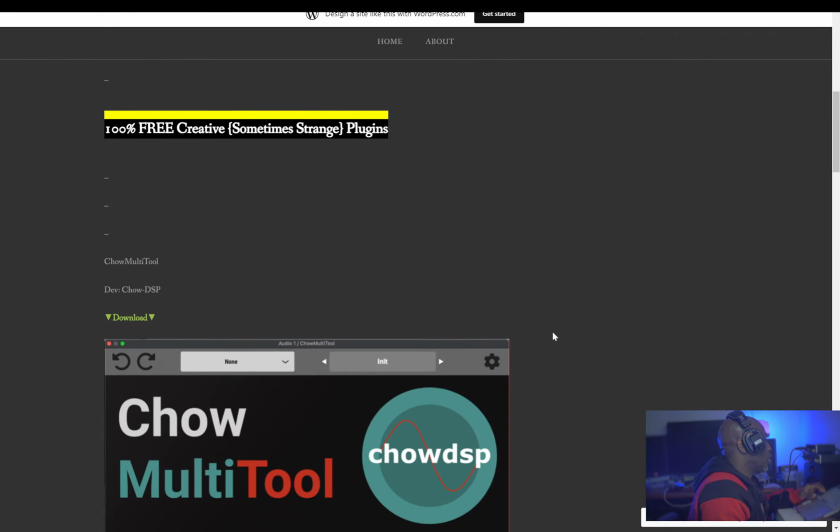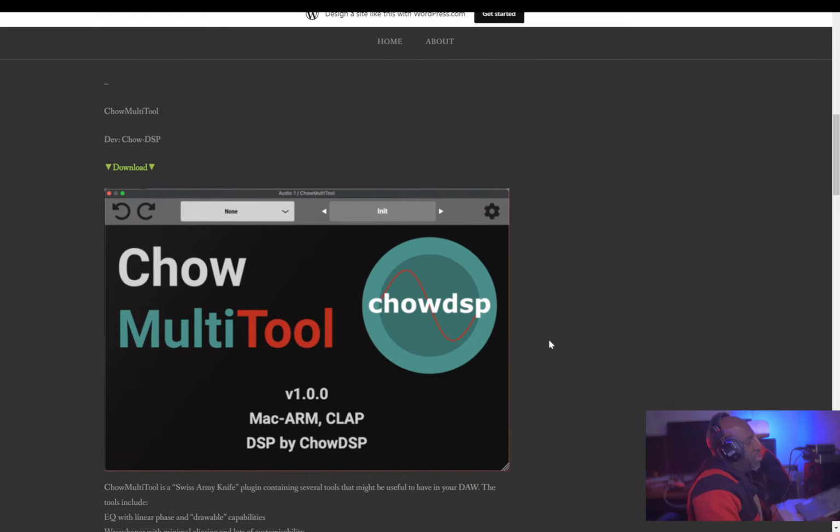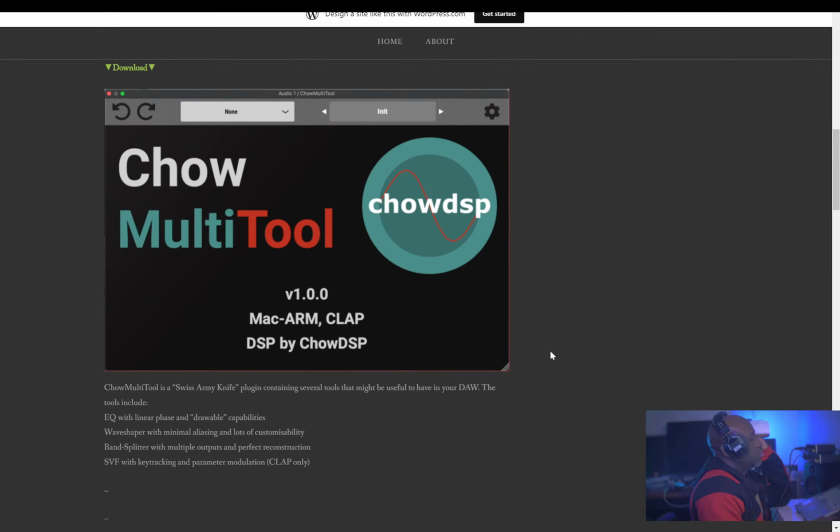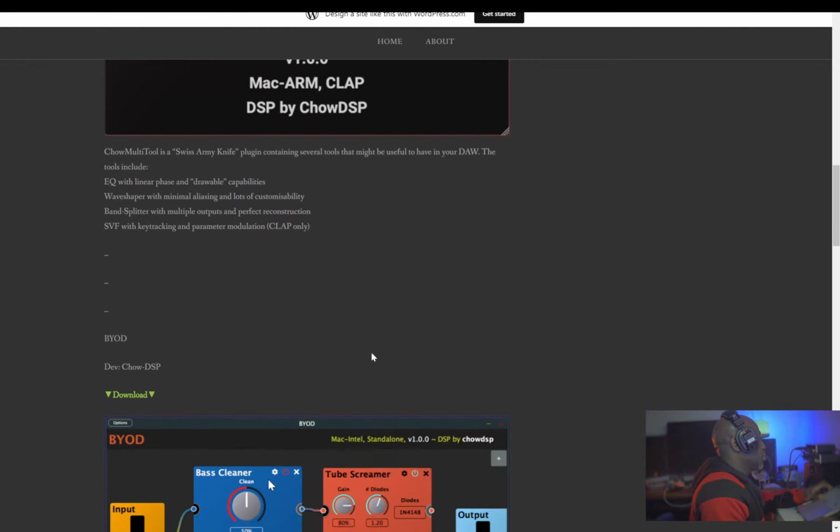All right, so first up here we have from Chow DSP, the developer Chow DSP, and the first one up is Chow Multi-Tool. So this one is pretty much straightforward. As it says, it is a multi-tool, and we'll dig a little bit deeper into the interface in a few minutes. Next up we have